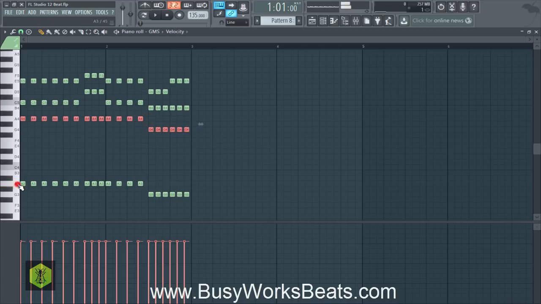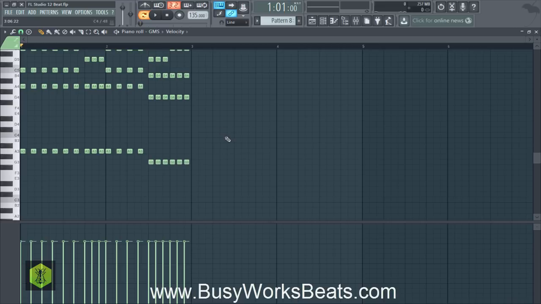So now we have a bass playing along with the main chord. It's going to sound a lot bigger now. So let's hear it again. Now what you can also do is move the bass notes. So you can choose to move your bass notes around or you can leave them the same. It's up to you. So that's how we get our chords to sound a lot thicker and bigger and more powerful.